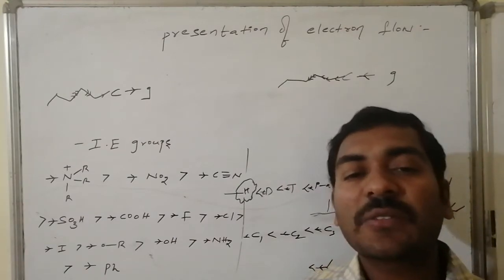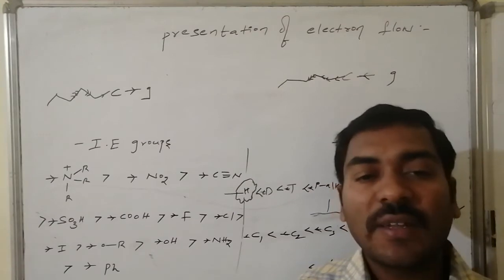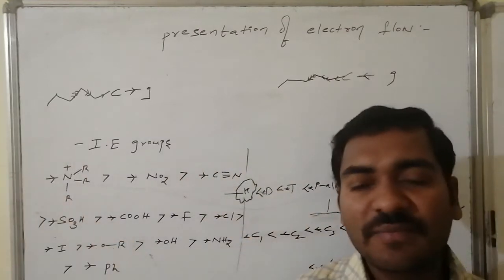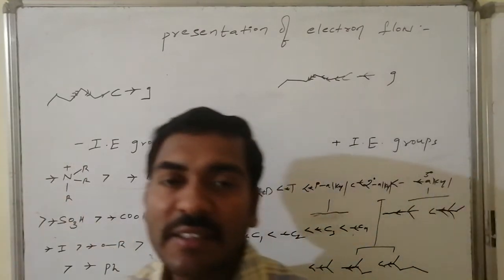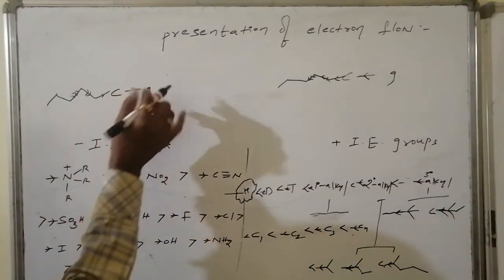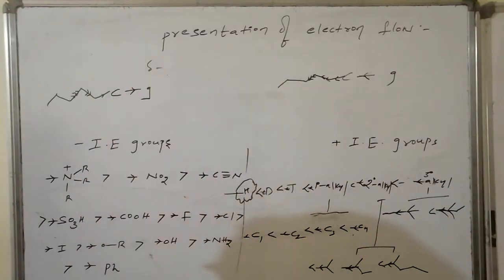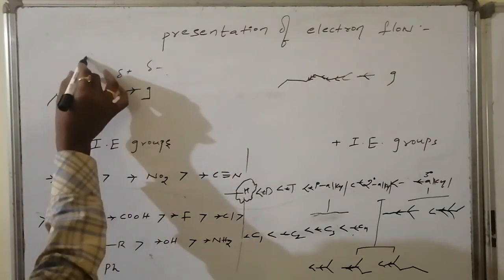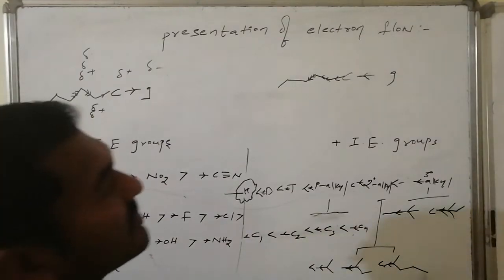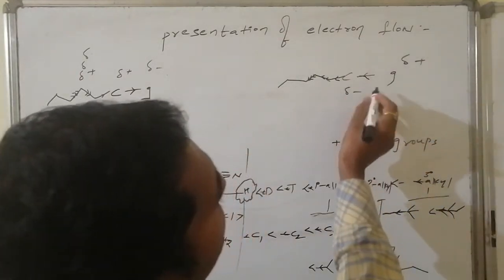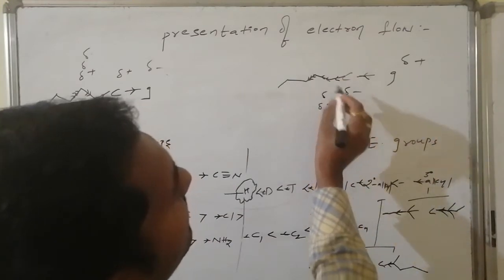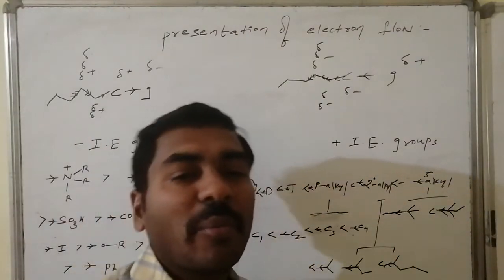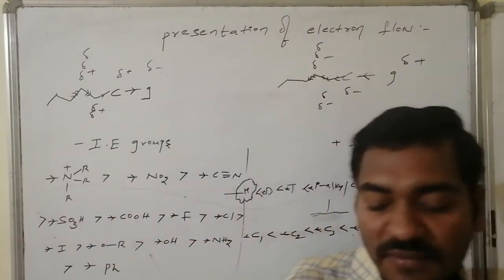The more arrows indicate a lesser extent, a lesser percentage, of shifting of the sigma bond pair towards one of the carbon atoms. Then after that it is nullified, and it is not necessary to write it. Suppose I write the charges for convenience: as it is getting extra electron density, it has negative charge, and here it has partial positive charge, a very little partial positive charge. It is getting partial negative, and this carbon is getting very little partial negative charge, and the next carbon is getting a very, very small amount of partial permanent negative charge.